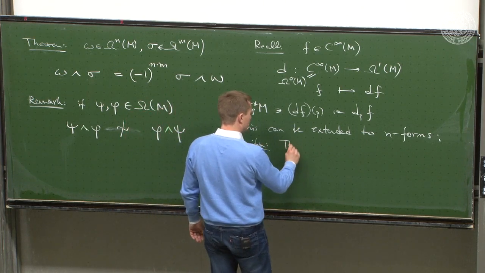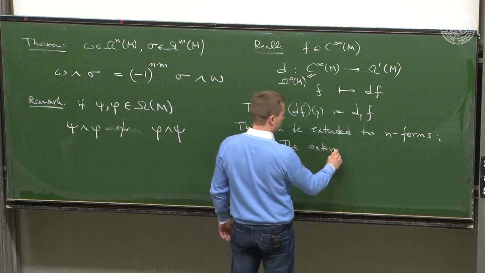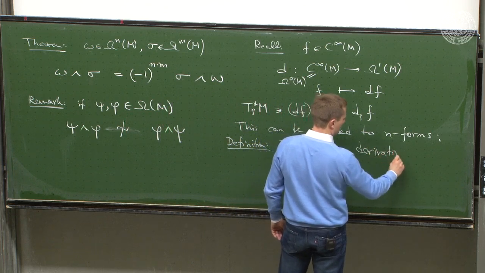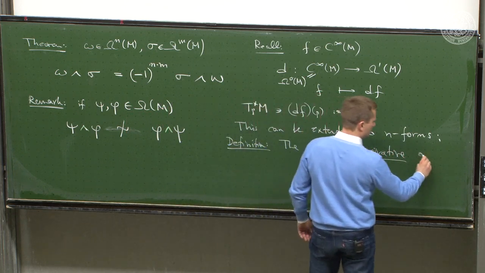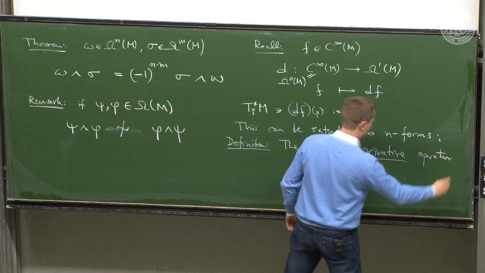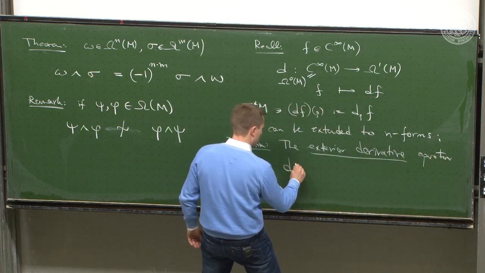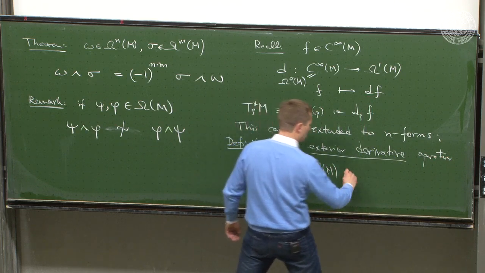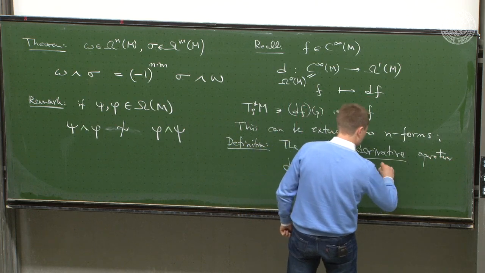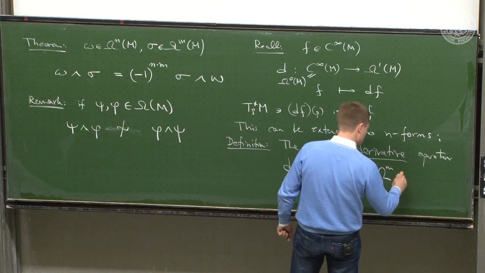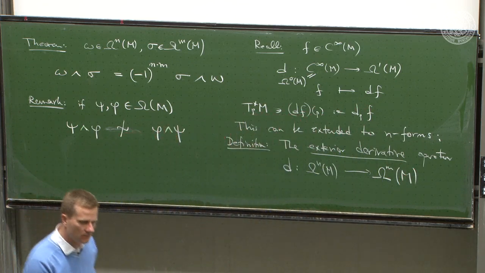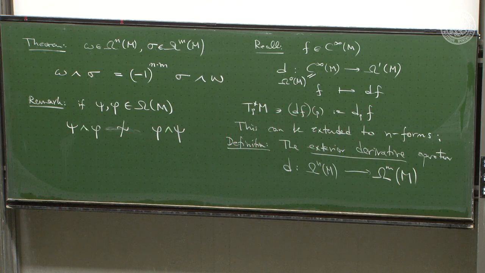The exterior derivative operator, d, takes an n form on M and sends it to an n plus 1 form over M. And it does so by virtue of the following definition,